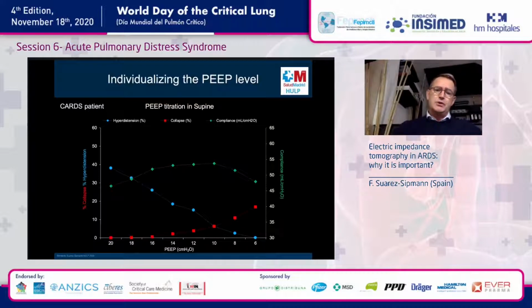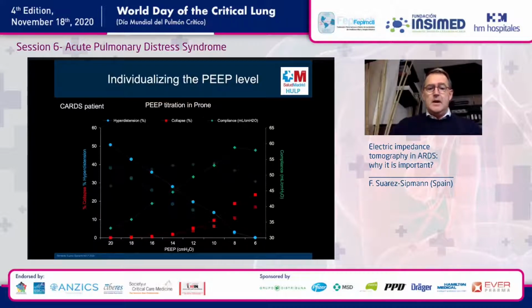And now the patient was turned prone again. And you see in this case, something different happens. So here the crossing point is almost at the same level. The compliance curve is totally different, indicating more overdistension and a high level of compliance at the very end at